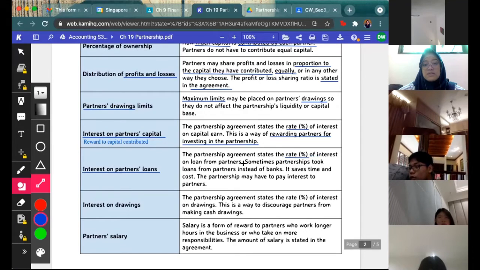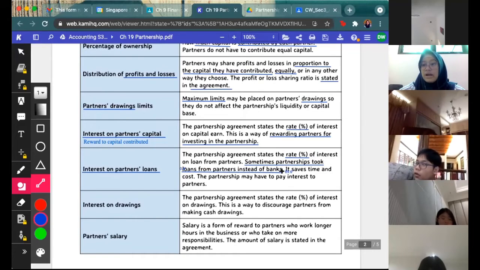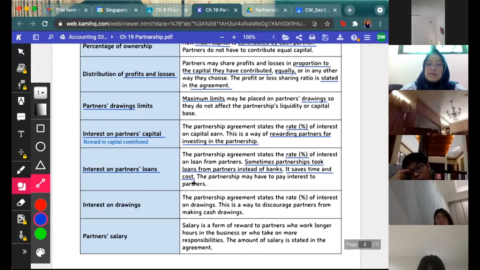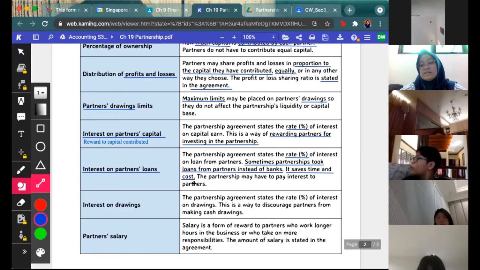The partnership agreement states the rate of interest on loans from partners. Why? Because sometimes partnerships take loans from partners instead of the banks. Why? Because it saves time and also cost. If a business wants to take a loan from a bank, it usually takes about one or two months of process, including costs like insurance cost of the loan. So it's different from, let's say, Daniela